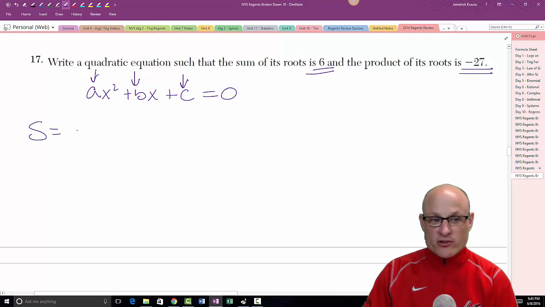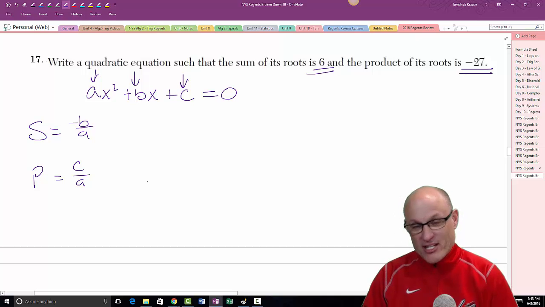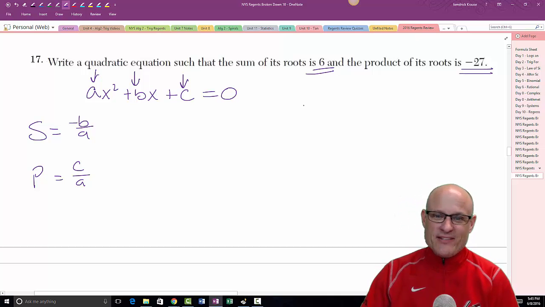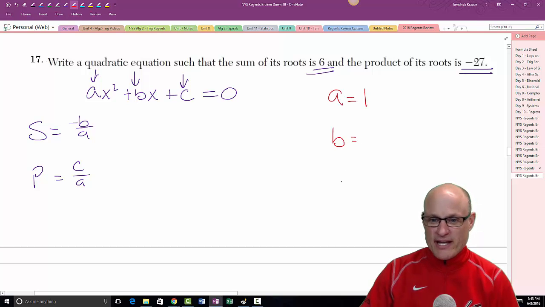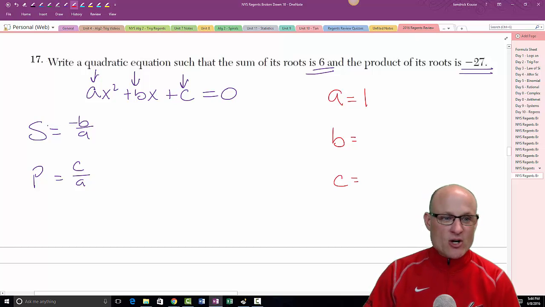We know two formulas. Our two formulas are sum equals negative b over a, and we'll go with p, product equals c over a. And then you kind of get stumped. Now you can play around with it, but the easiest thing to do is just make a equal to 1. Make our life easy. So if a is 1, and I know that the sum of the roots is negative 6,